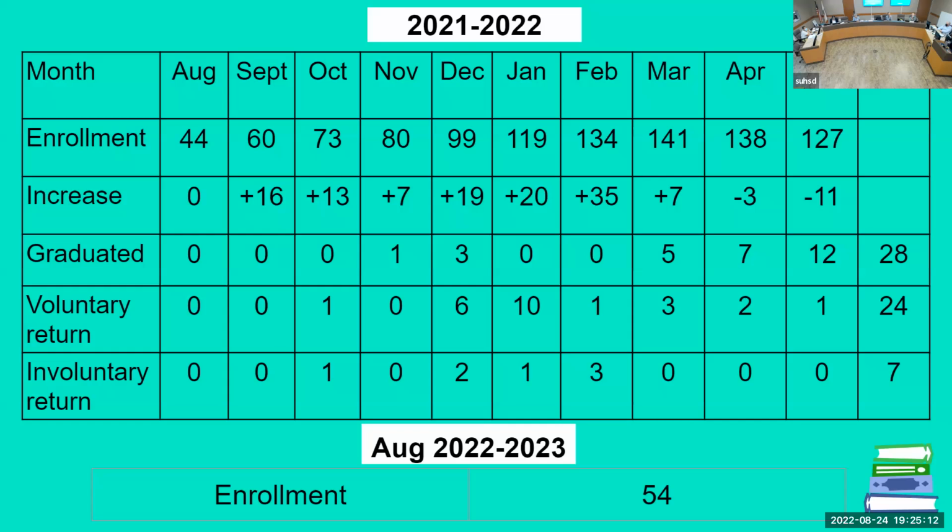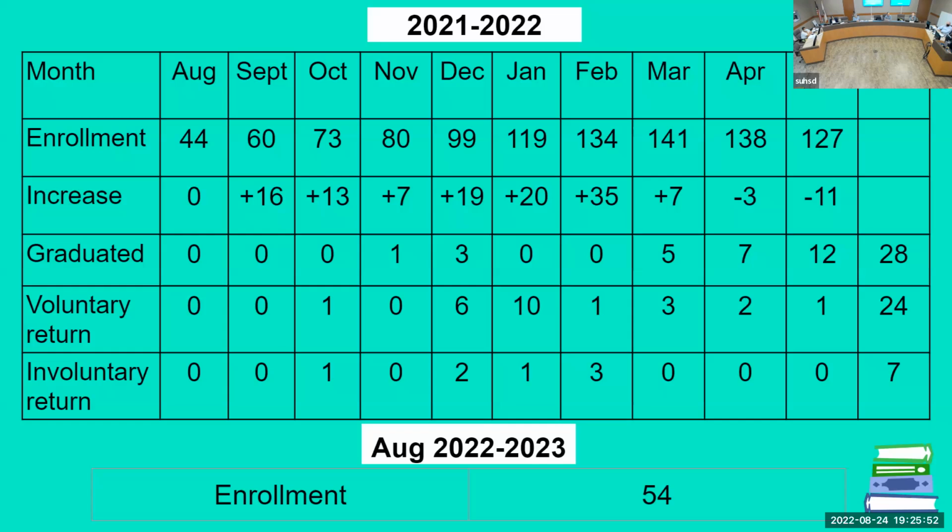The graduates, we had 28 graduates as of May out of the independent study program. And then we did have 7 students who went through the 3 tiers of re-engagement that we have laid out, and it just wasn't working. They weren't getting their work done, and so then they go back to their home high school. But as you can see, it's a pretty great success rate. And then, I'm sorry, I missed one at the bottom. Right now, we are at 54 students. Almost all of those students were a part of independent studies last year. Almost all of those students are seniors,